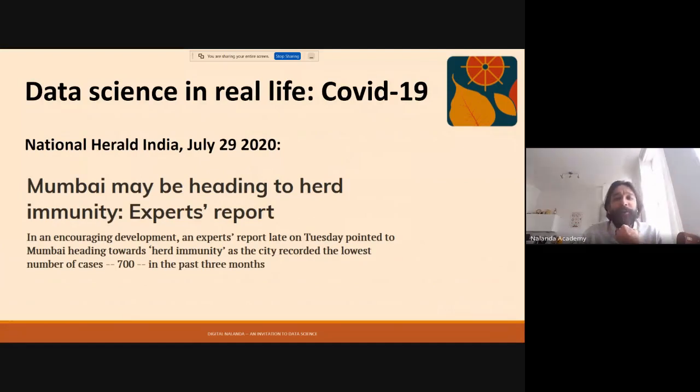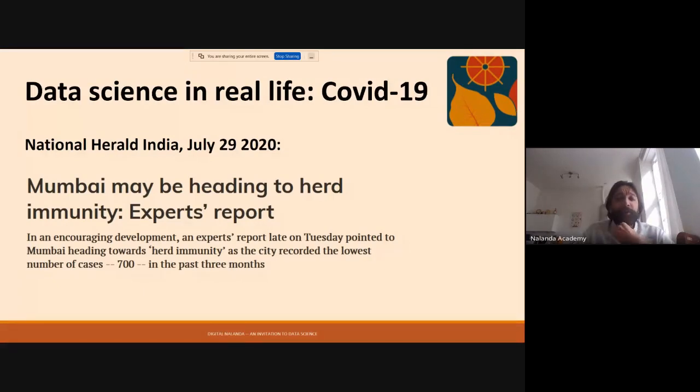Moreover, India is a very complicated country, right? I mean, even cities within India are universes. So here's a news article from July, earlier this year. It's from the National Herald, and some people were saying that in Mumbai,